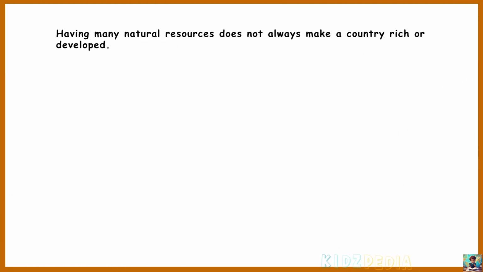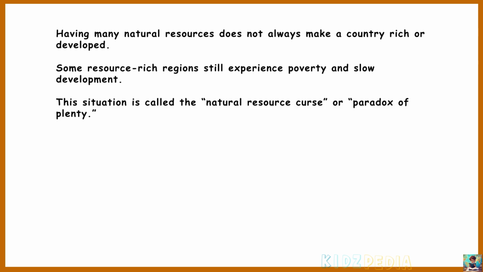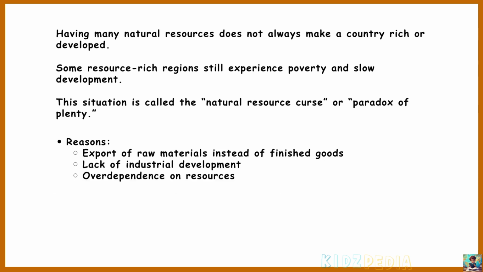So, you might think that a country with a lot of natural resources will always be rich and developed, right? But that is not always true. Sometimes countries that have plenty of natural resources actually grow more slowly. This situation is called the natural resource curse, also known as the paradox of plenty. Even if a country has a lot of resources like oil, minerals, or forests, it does not automatically become rich or developed. Some countries only extract and export raw materials, and they do not develop industries to make finished or